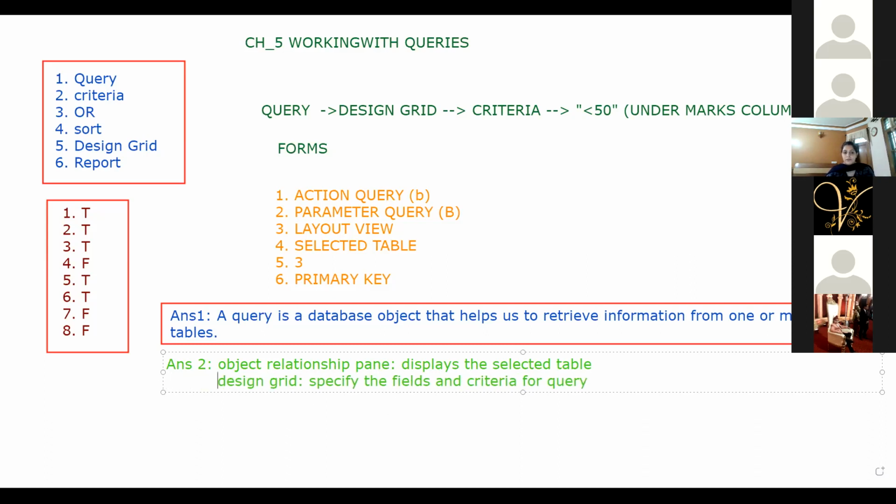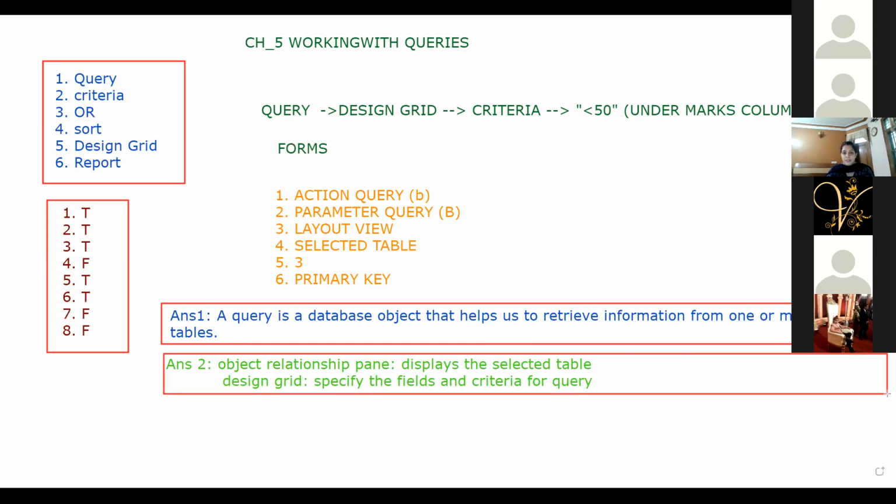Clear? So it has two parts: object relationship pane and design grid. Object relationship pane displays the selected table and design grid specifies the fields and criteria for the query.